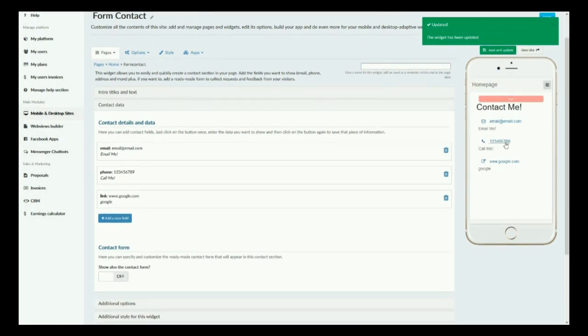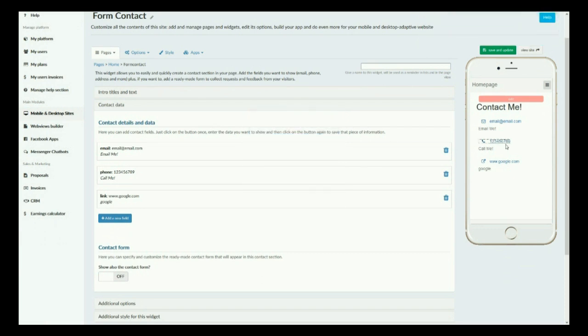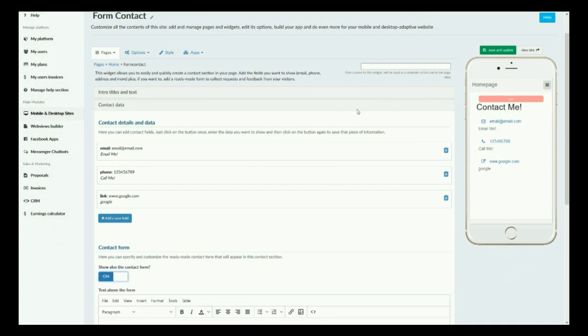People would be able to just click on these, and that would open up in their phone app or however, and then they would be able to call you or email you. But if you want them to send you a message from the website directly, you can enable the contact form,